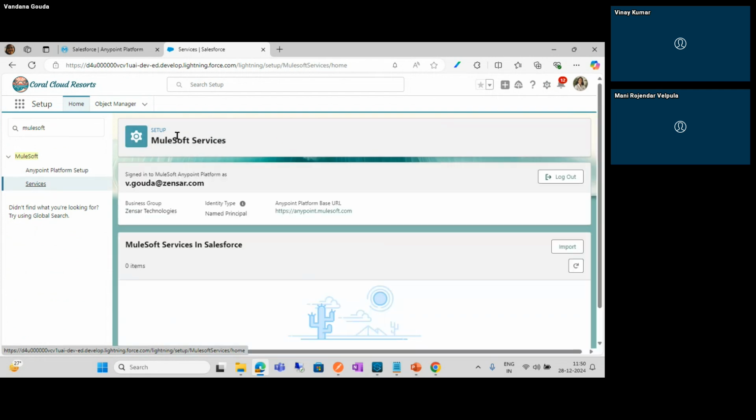Once you click MuleSoft services, you will get a screen to log in to your Anypoint platform. You can log in here using your Anypoint platform credentials, username and password, and it will ask you to choose the US or EU region. You can choose either for now. Once you've done that, it will ask for confirmation, so you can give the confirmation. Once it's done, you are ready to go, you have configured your MuleSoft platform credentials in Salesforce. Okay, once that's done, you can click Anypoint platform setup,